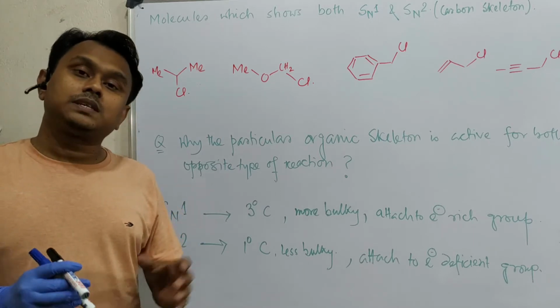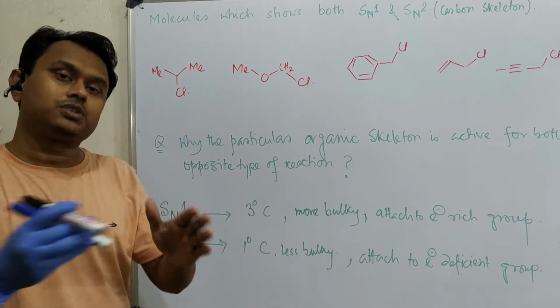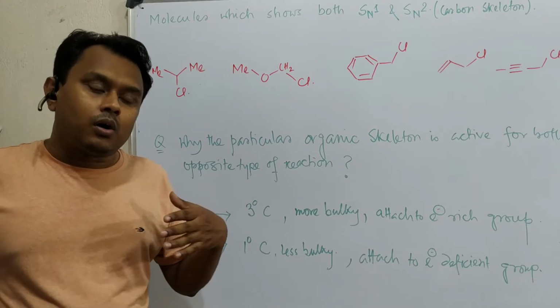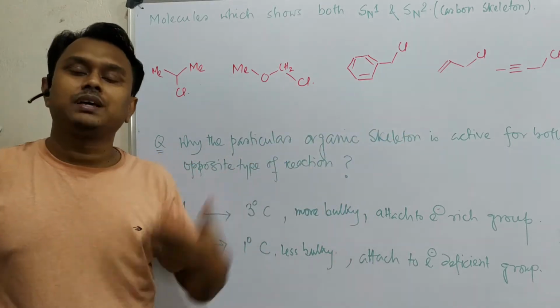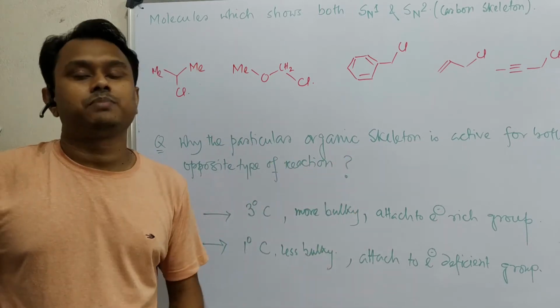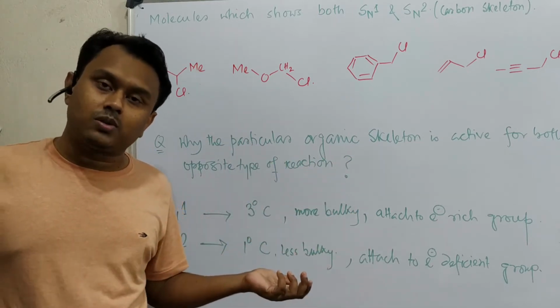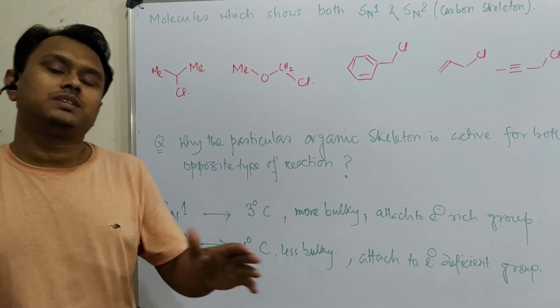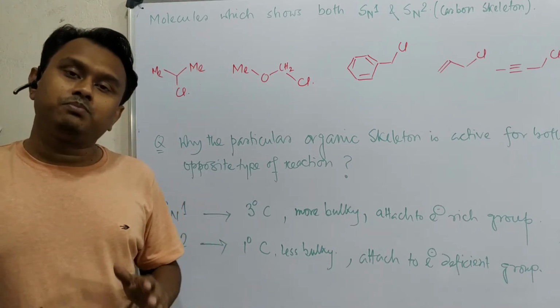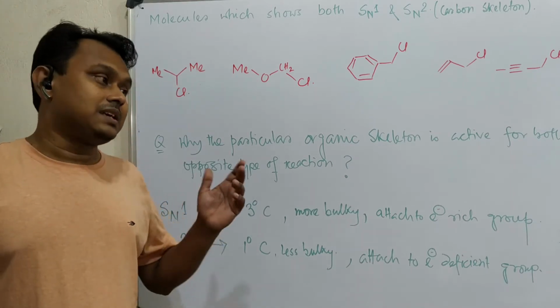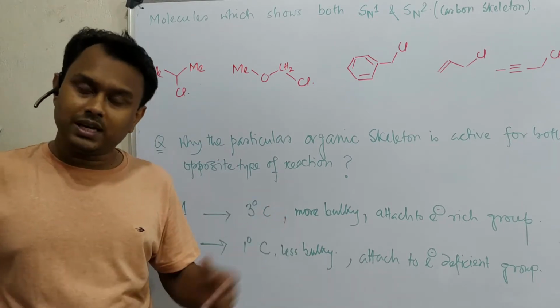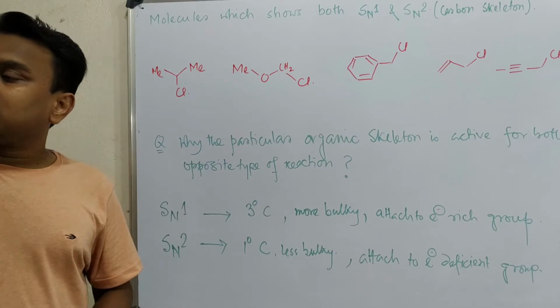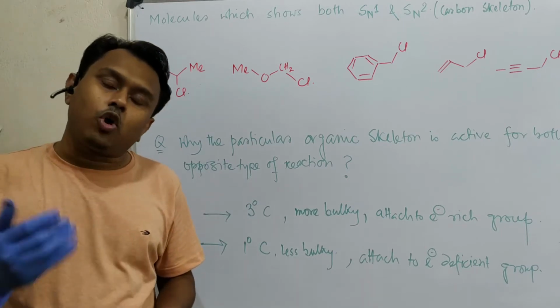Why? Because in a multiple choice question, a question could be constructed asking which substance can show both SN1 and SN2, and one of these examples is present. If you know the concept properly, you can predict which one shows SN1 and SN2. I have previously described SN1 and SN2 reactions in detail, but this video will be very fast. And remember that SN1 and SN2 reactions are of an opposite type.